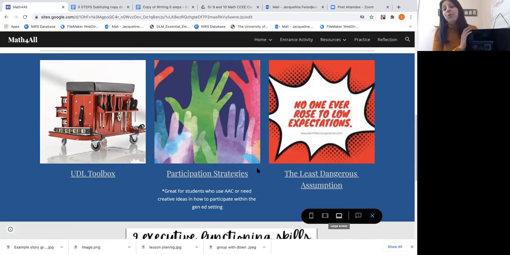How might a student who's hesitant participate? And then all of this is built on this idea of the least dangerous assumption. We don't know what some of our students who are nonverbal know. Communication is the biggest barrier for those students. If we assume that they don't know and 12 years go by and we realize that they do, that was a pretty dangerous assumption that we made.